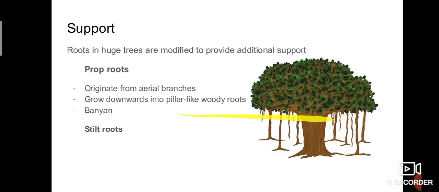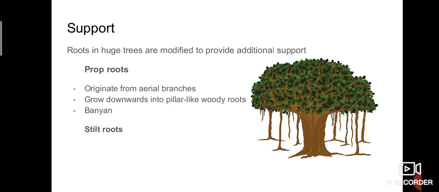See, if you want to know about the stilt roots, I want to say one more point. They also form from the stem base. So this is the stem, and these stilt roots are formed from the base of the stem. If you see sugar cane, they are not huge trees. They are small plants only, isn't it? Have you seen sugar cane, ma'am? Okay, they are not huge trees like banyan and all. They are also small plants, but a huge number of plants, they need stability for the plant, isn't it? If there is a huge number of sugarcane plants in one such area, they need stability for the plant.